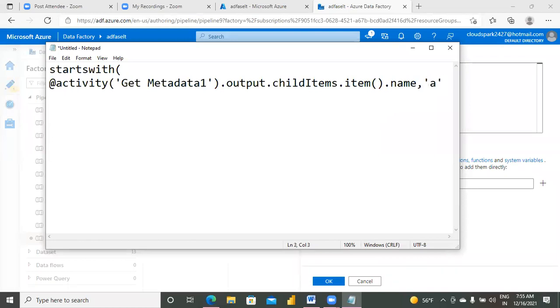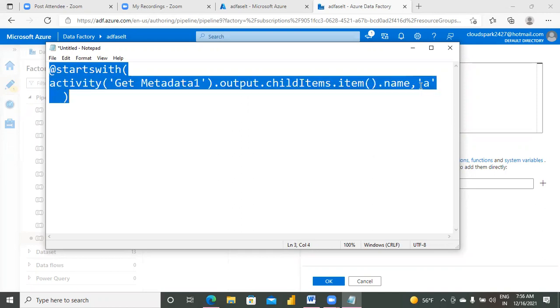This is what your condition is. But to apply the conditions, I have told you one thing: the @ should be given only for the outer function. Understood or not? This is simply a condition, just to check whether your file name is starting with A or not.